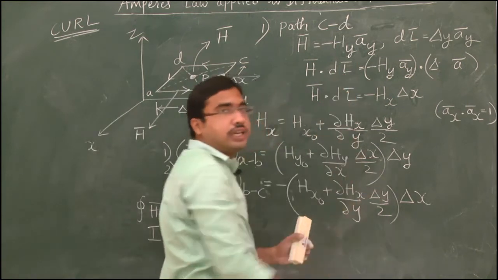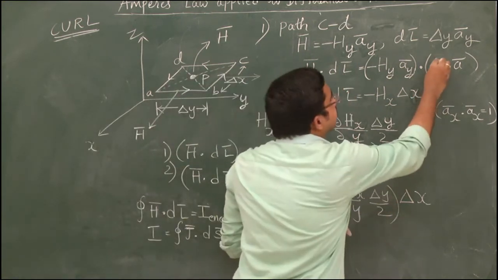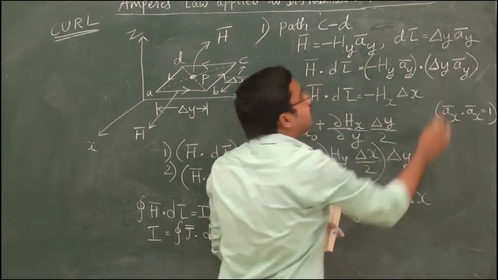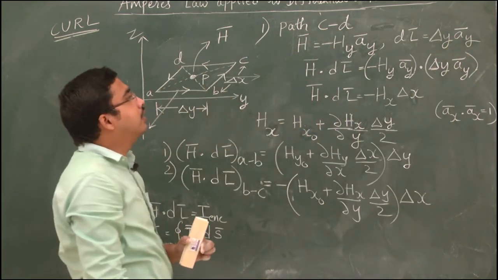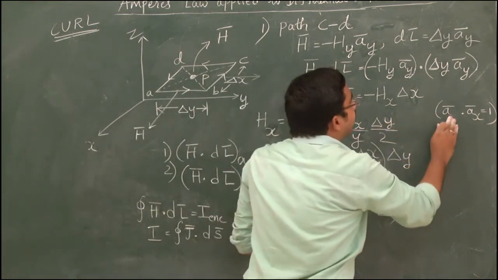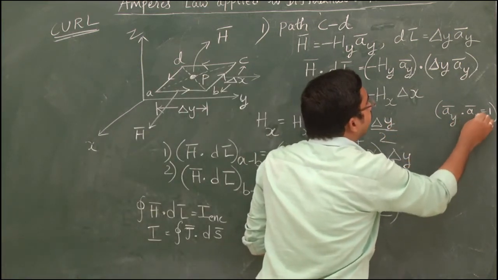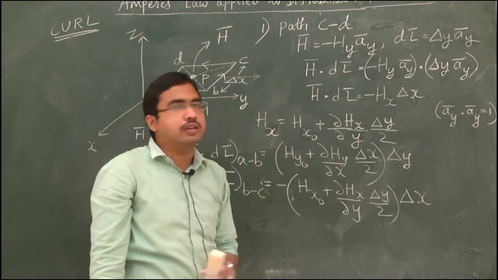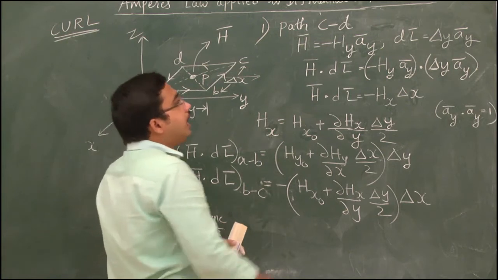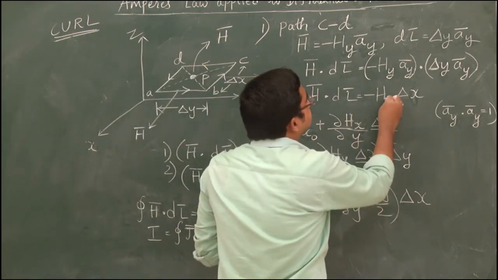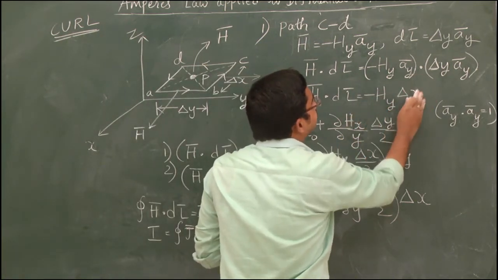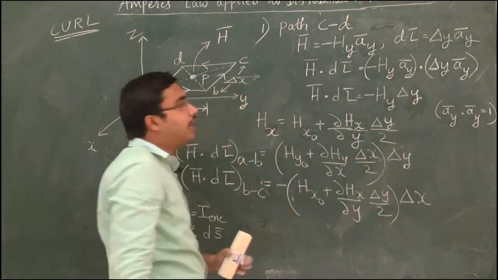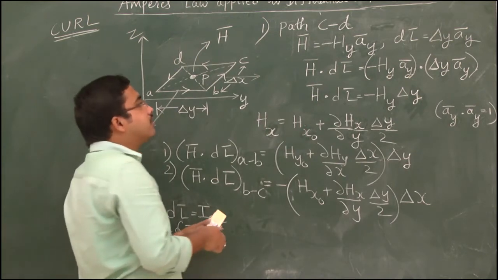And what is the differential length dl? dl is delta y ay bar. Now we know that ay bar dot ay bar is equal to 1. And finally what you will get? Minus hy into delta y. So to find this hy,